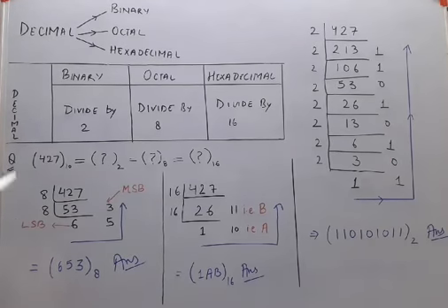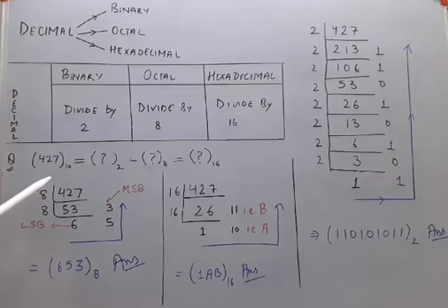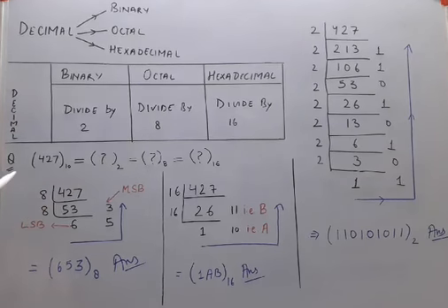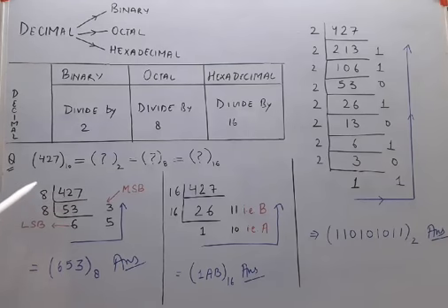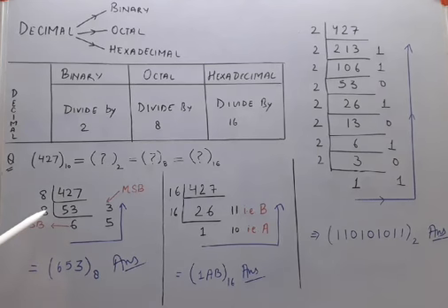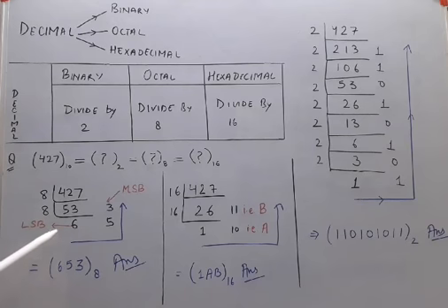For converting into octal, what we have to do? Divide by 8 continuously. So see, I have written 427 and divided it by 8. So when it was divided first, it came 53 and 3 was the remainder. Then we will again divide this number with 8 and see the quotient is 6 and the remainder is 5. Now as soon as the quotient becomes smaller than the divisor, you have to stop this process of dividing.